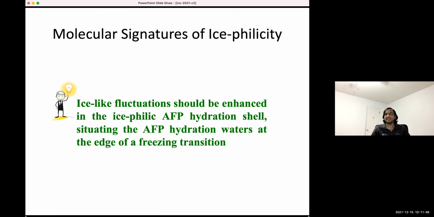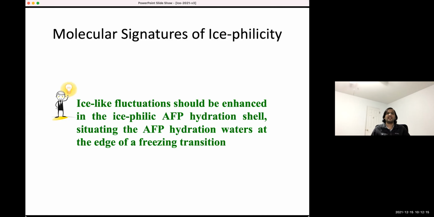Making it is easy, but testing this hypothesis turns out to be much more challenging, right, than positing it. Certainly, sampling the rare ice-like fluctuations near surfaces can be challenging and involves biasing appropriate collective variables, order parameters, which we're going to